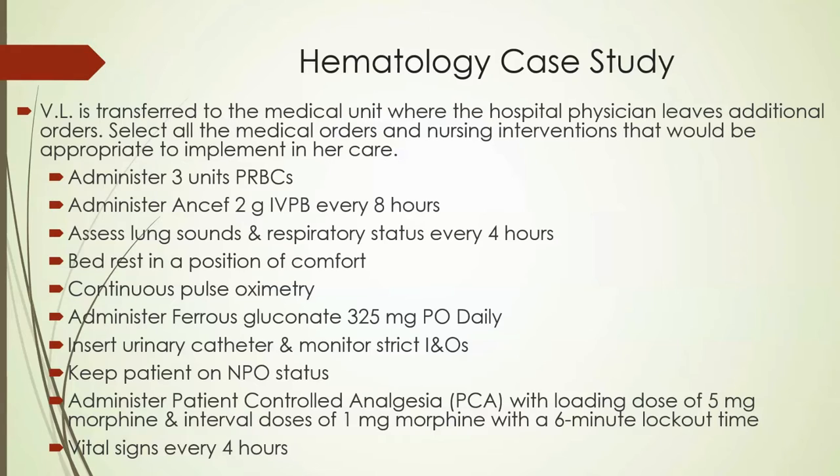Did we have anything about that in her history? She would be getting fluids, but she doesn't have any evidence, based on what we know right now, of any urinary issues where she wouldn't be able to make urine on her own. So remembering that having a urinary catheter put in could be a risk for developing a UTI in and of itself. If we have a patient who's able to make urine on their own, then we may not need the